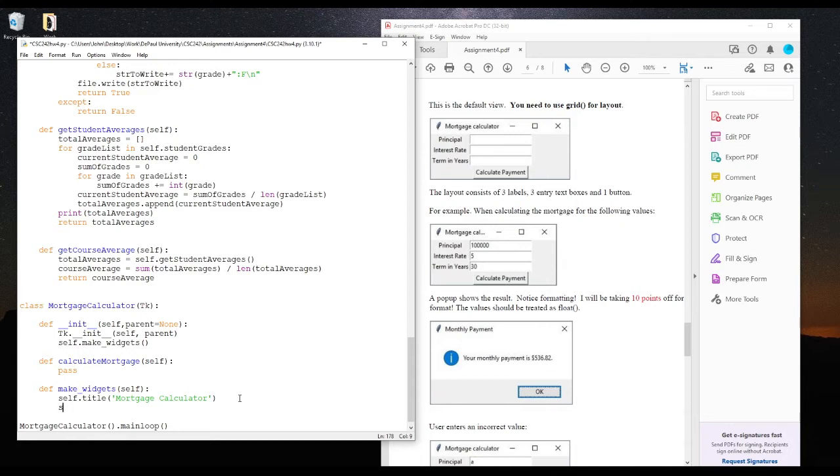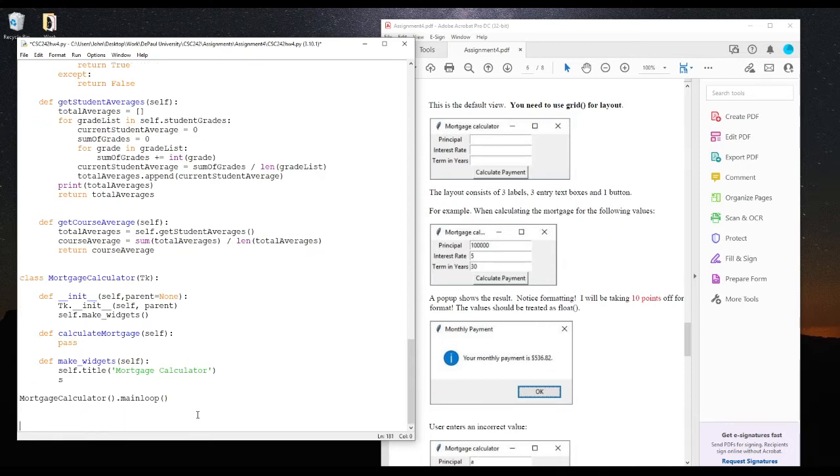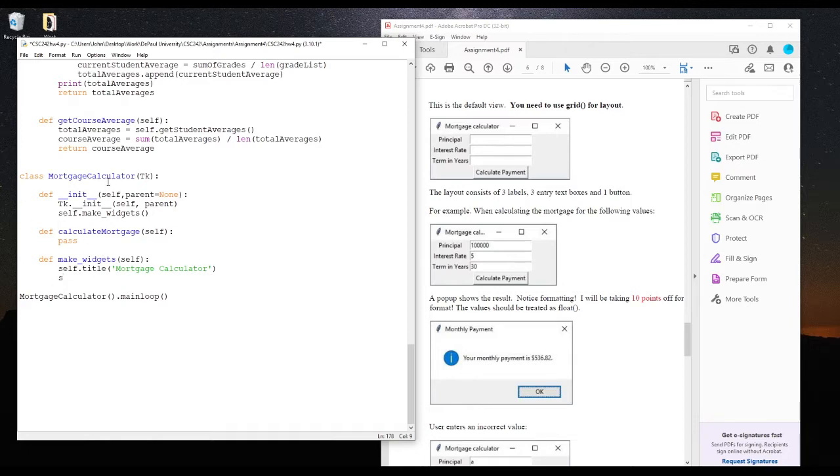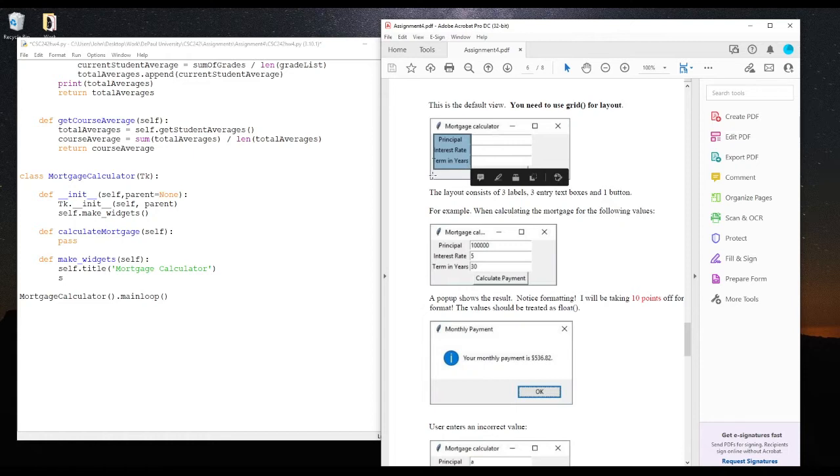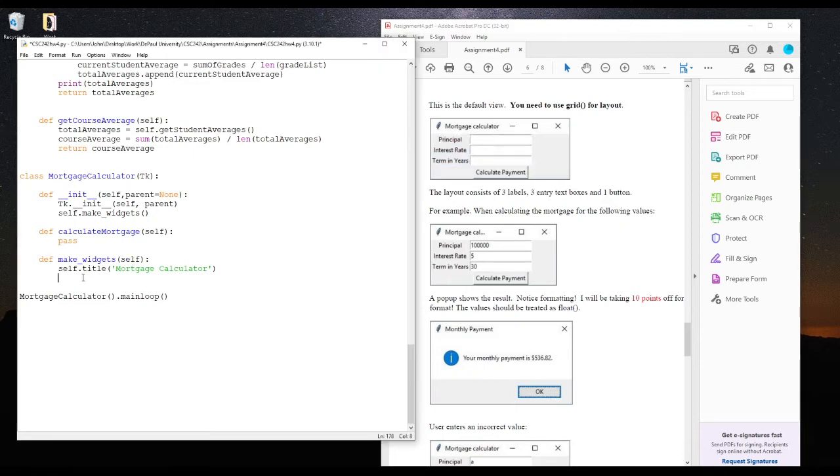And now, as a general reminder, we only use self dot something in GUI or tkinter if we need to reference the value or that field later at a date. And do we ever really need to reference these labels? Not really. So what you can do to make this a lot easier for yourself without having to deal with too many variables is you could just say Label with self, text is going to be equal to principal, and then what we could say here is dot pack,